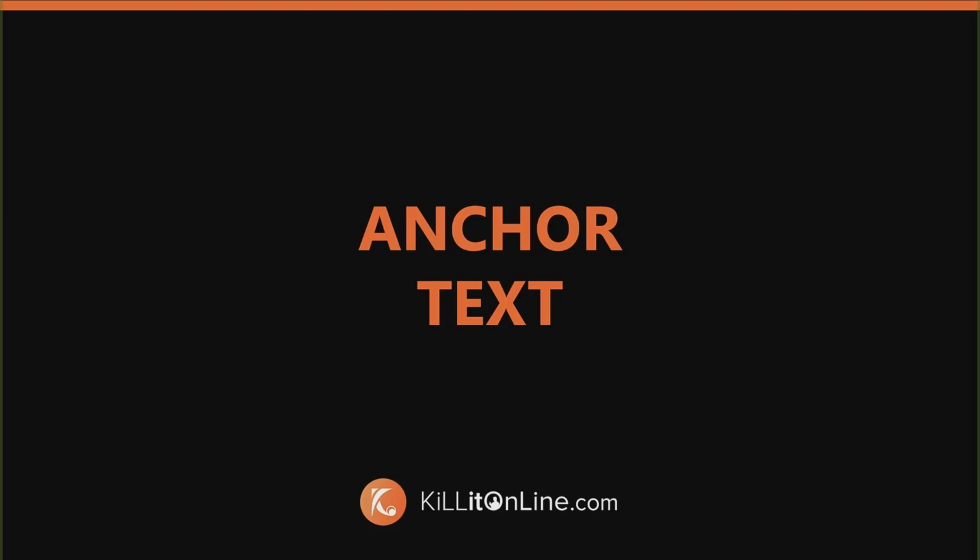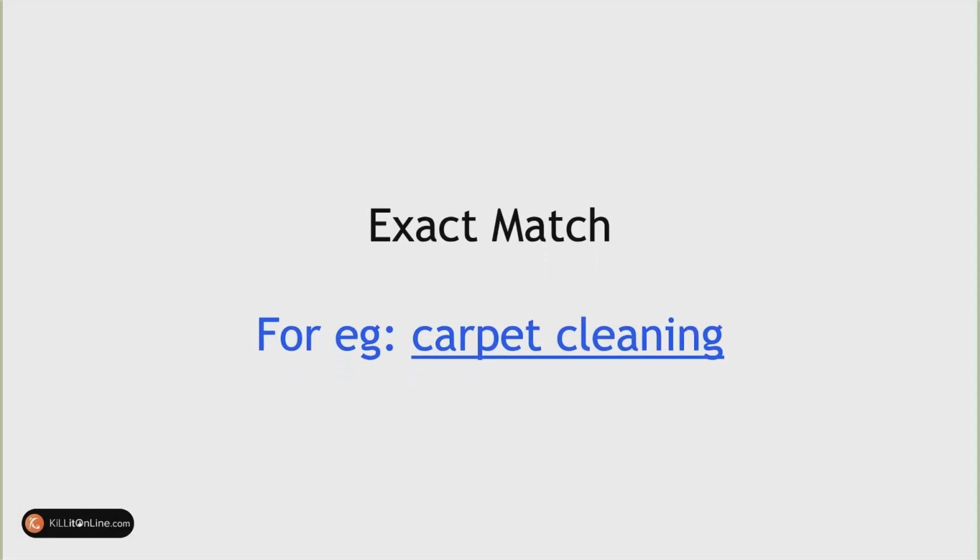Let me show you a few different types of anchor text. Number one, exact match. So let's say you are trying to get your website to rank high in the search phrase carpet cleaning. Okay, that's your main search phrase. And maybe you have a page in your website on rug cleaning or upholstery cleaning. So when people are reading about your upholstery cleaning on that page, then you can link the content from that page to the carpet cleaning page. So you can say something like in a sentence,